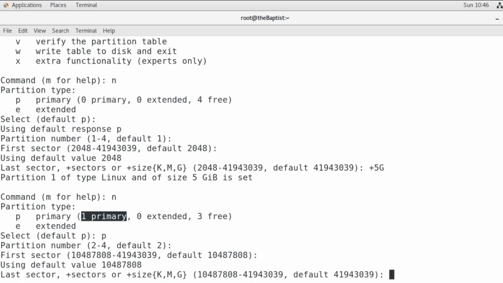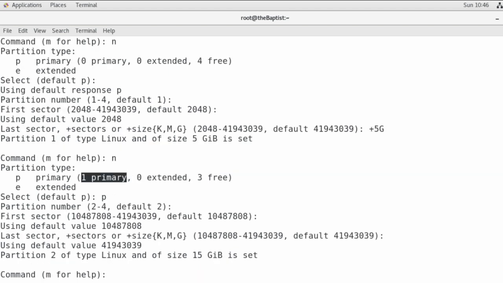So by default, if you press enter right now, in the hard disk there's only 20 GB space. We've already used up 5 GB, so the remaining is by default 15 GB. So if you press enter right now, it will create a partition of 15 GB. Or if you want to further create partitions in this, we must create by giving the command as plus 2G or 3G, whatever you want. But in this scenario, I'm going to create a 15 GB partition. So I'll just press enter. So partition 2 of type Linux and of 15 GB is set. So that is it. Now two partitions are created, one with 5 GB and the second one is 15 GB.